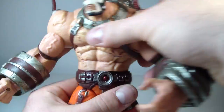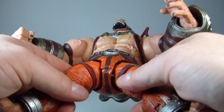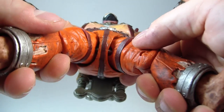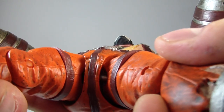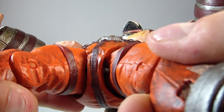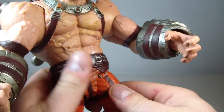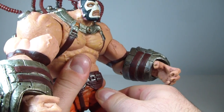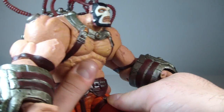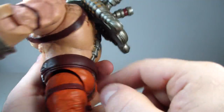No ab crunch. He does have a waist swivel. He does have T-jointed hips, which go out like so. And he does have that clear peg, as you can see right there. That's a clear peg in there, but I believe they put a metal rod through the middle of the clear peg. I don't know, it kind of seems redundant to me, but legs do go forward about that far,